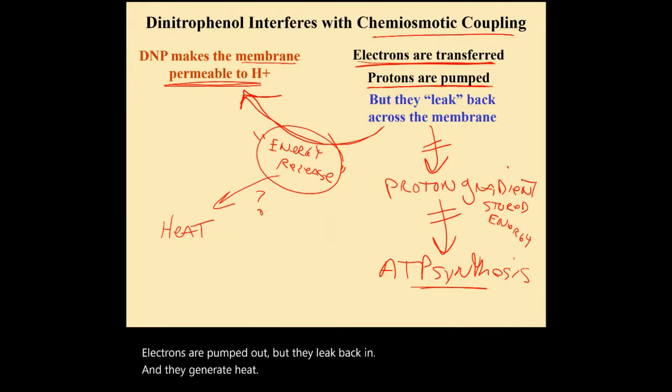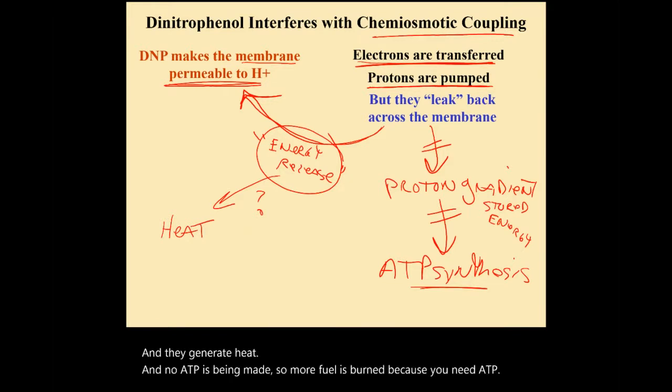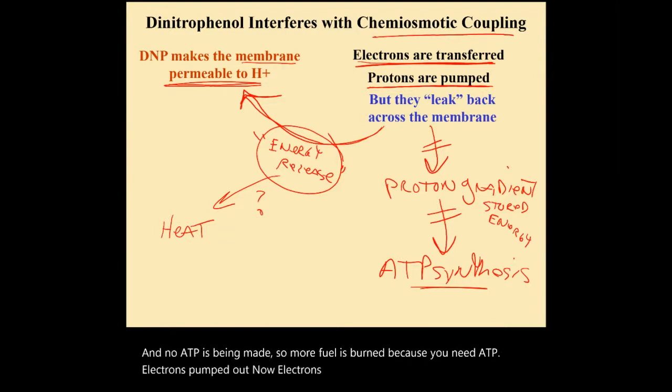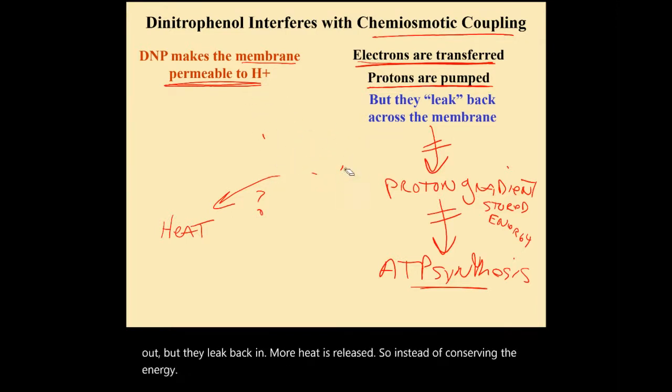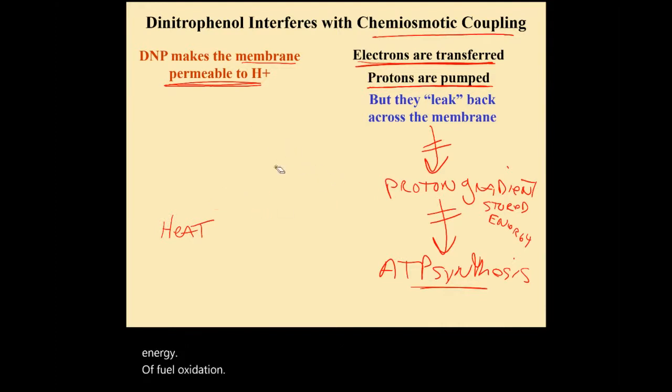And no ATP is being made, so more fuel is burned because you need ATP. Protons pumped out, but they leak back in. More heat is released. So instead of conserving the energy of fuel oxidation through oxidative phosphorylation into lots of ATPs,